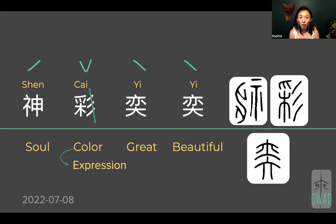Back then, all of the fabrics and textiles were made from nature, right? Material from nature. So that involves a lot of gathering, and it means gathering from different sources, and so it tends to be different colors. That's the connection with color. And eventually, because this involves a lot of gathering of diverse plant-based material, this character by itself means